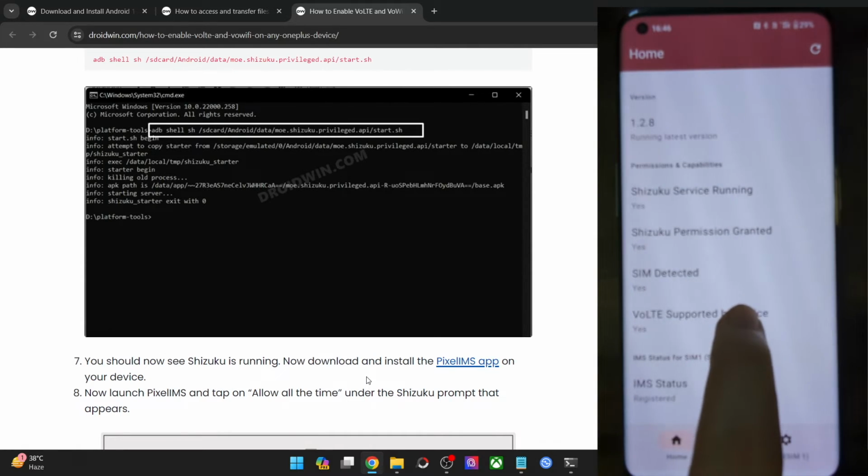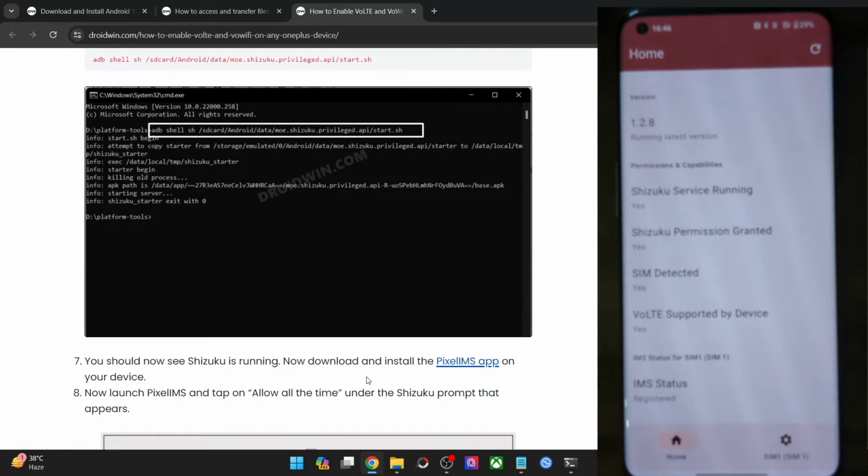device. If your phone does not support voice over LTE, then you might not be able to carry out this tweak. As of now, the IMS status might be shown as unregistered. That is completely normal and nothing to worry about. I am again repeating, if the IMS status is shown as not registered or unregistered, it's completely normal.